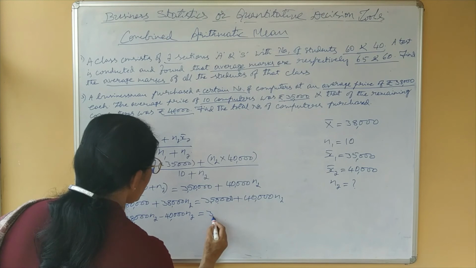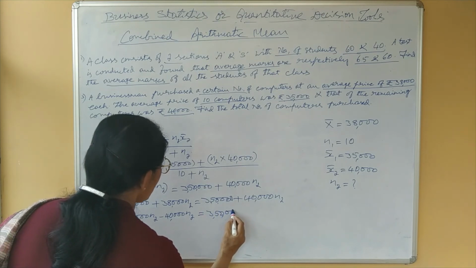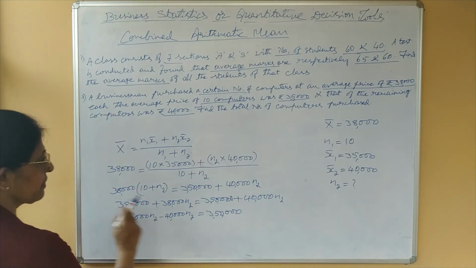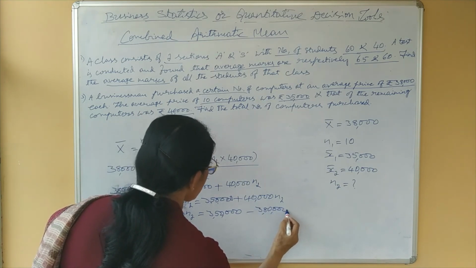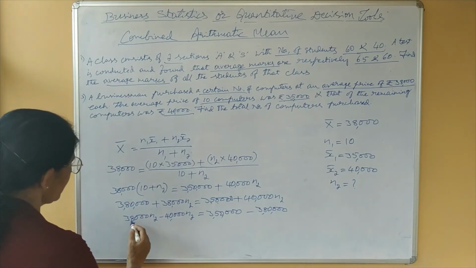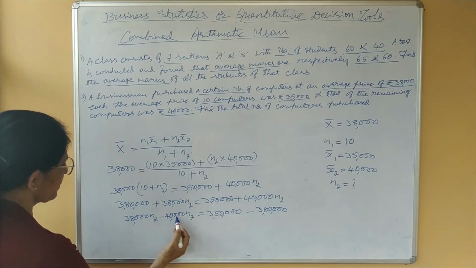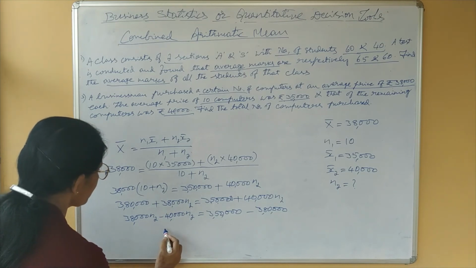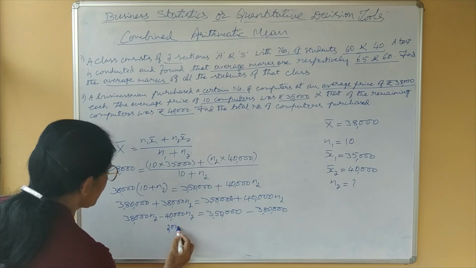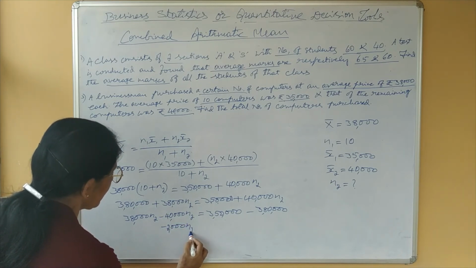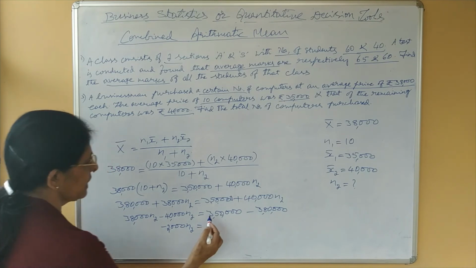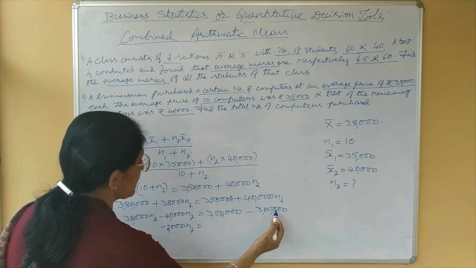Now 3,80,000, this plus will become minus. Now here difference 38,000 minus 40,000 is 2,000, highest value sign minus, so minus 2,000 n2 equals 3,50,000 minus